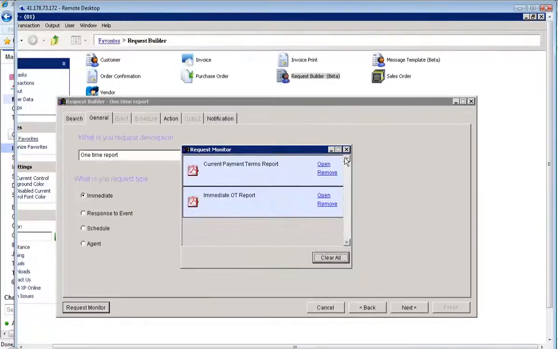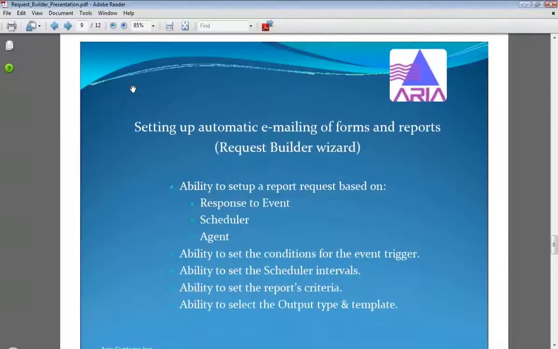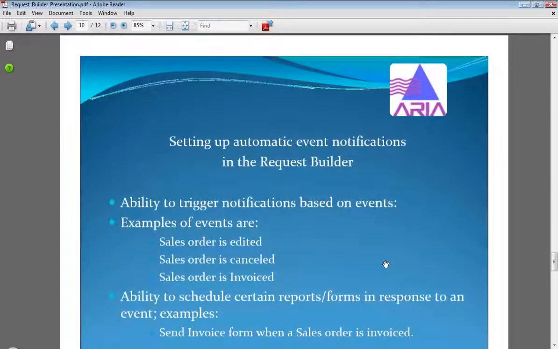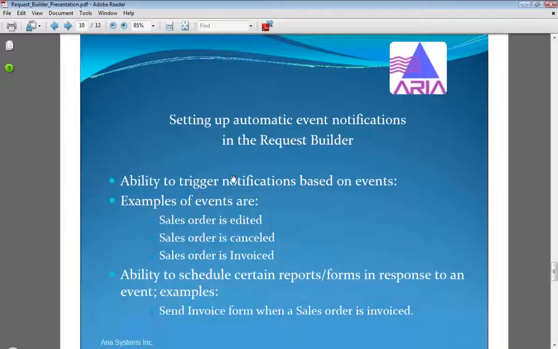So these are the key features available in the request builder, and as you can see, it can be used in a variety of ways. It can be used as a notification or message alerts, or it can be used as an agent to send and run the report based on a scheduler, and it automatically sends it to designated recipients based on your message template. And this is actually what is indicated here to summarize in this last